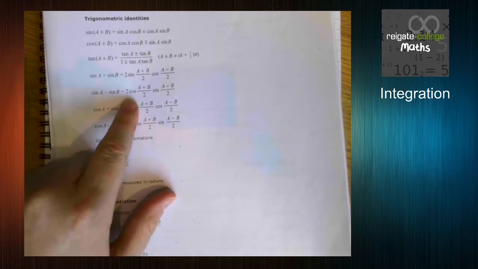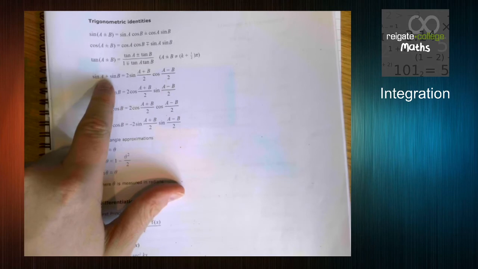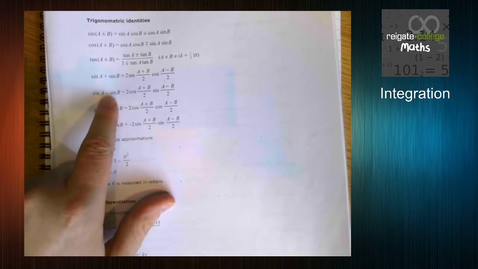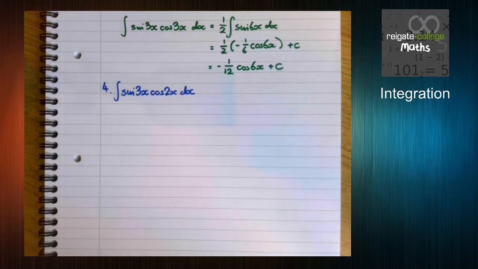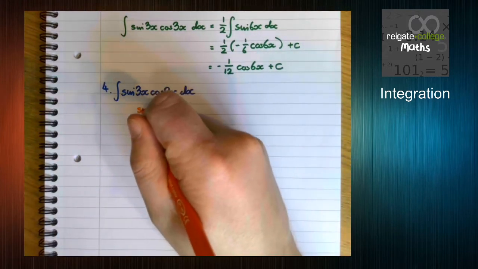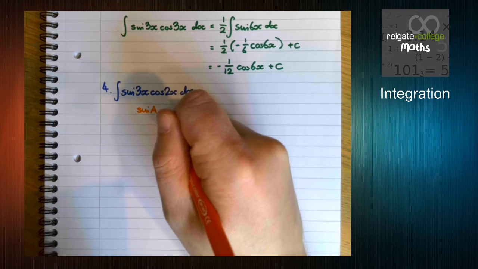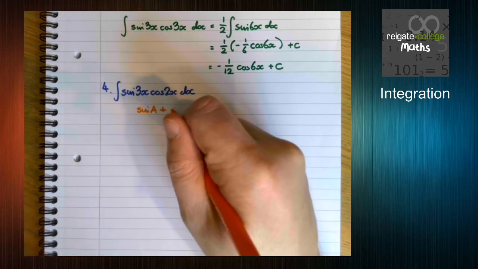Now we've got two options for sine times a cos, or cos times a sine. So we've got these two options. I'm going to use this top one because, well, I don't want to have to deal with the fact that it's a minus here. So I'm going to use the identity that sine A plus sine B